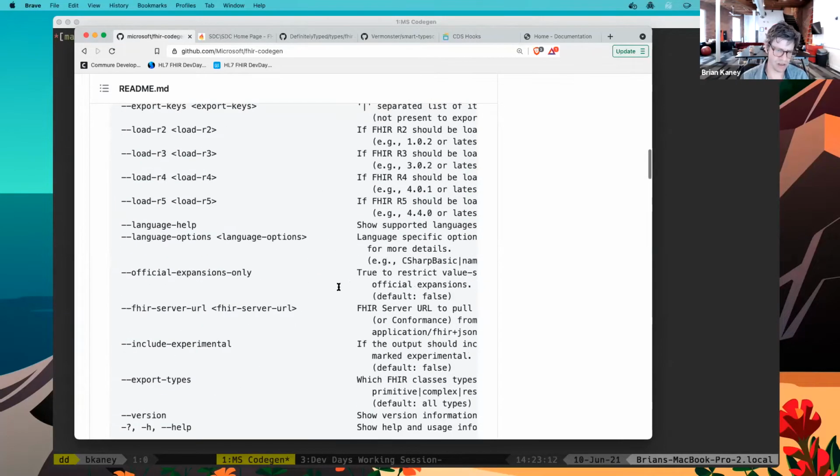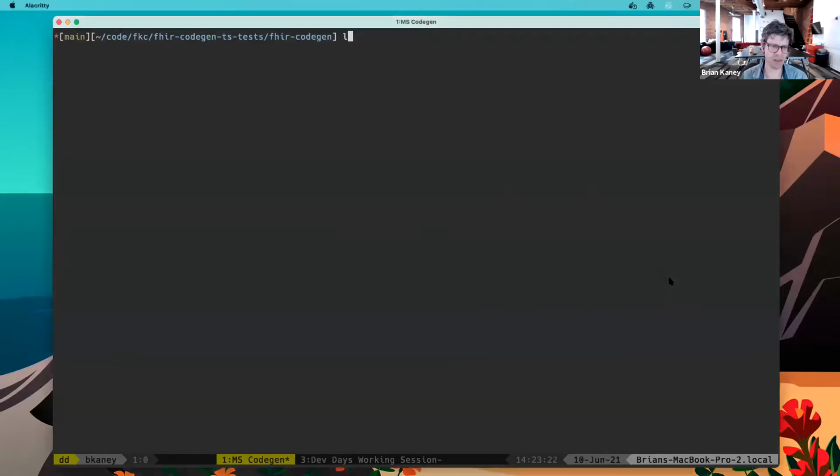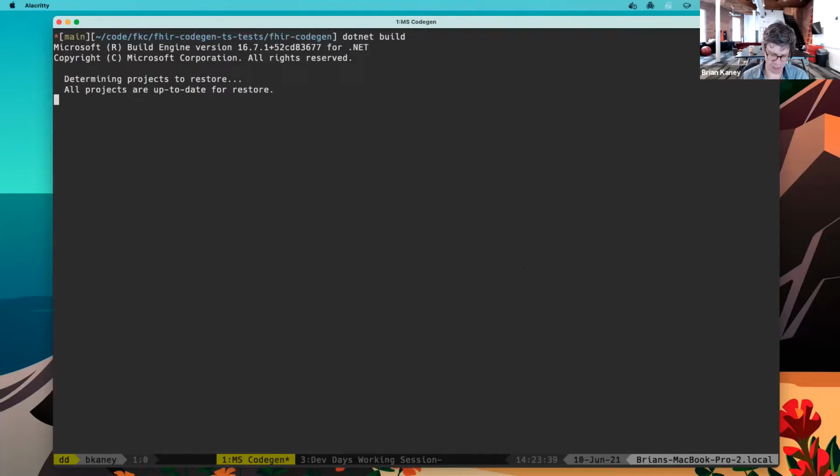And so I worked on this, or I didn't work on this. I had a very modest pull request that got accepted, but I use this to help package up these types. And so if you don't have .NET installed, I use ASDF. I'm on a Mac, but if you do, then all you need is access to .NET. You can build the library, and then